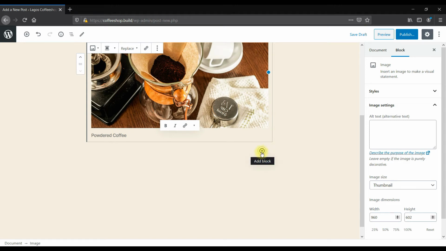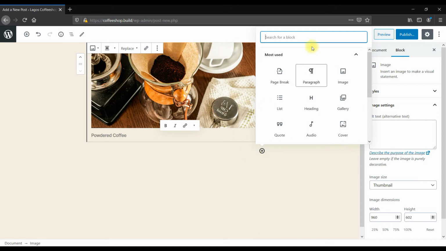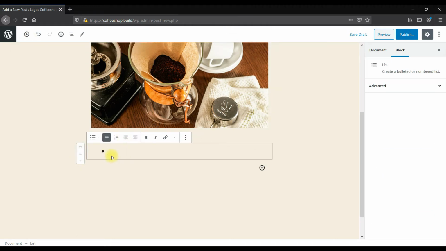If I want to do a list, for example, I can click that plus icon here, or at the top here it's the same thing. So I'll say lists. So it puts the bullets. I can specify if it's number that I want. So I say